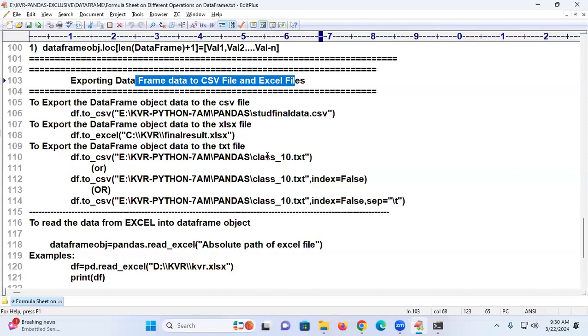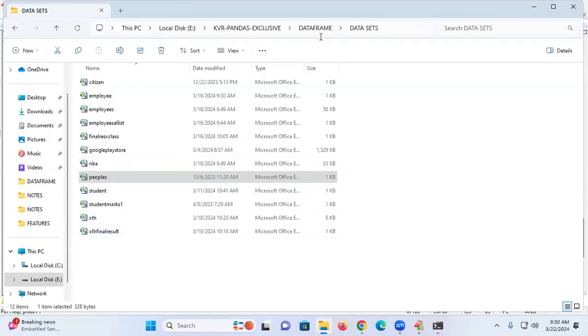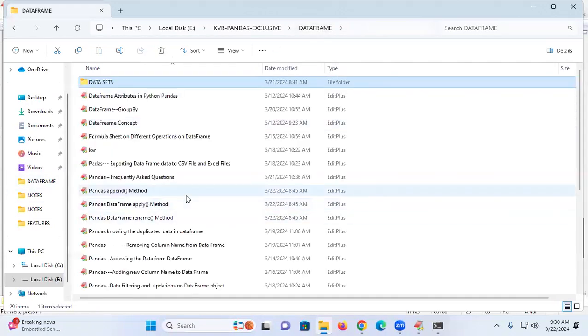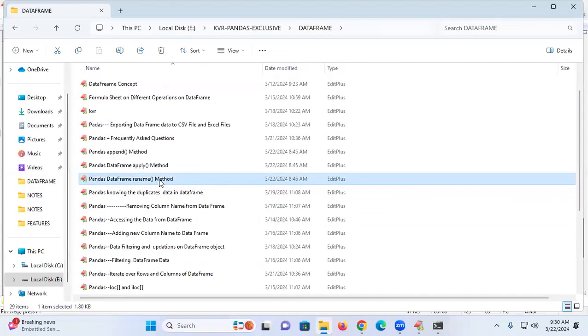Now it is time to go for one more small concept I brought. Now I want to go for one function called renaming the column names. Because once we have column names they are supposed to be fixed. If at all you are interested,